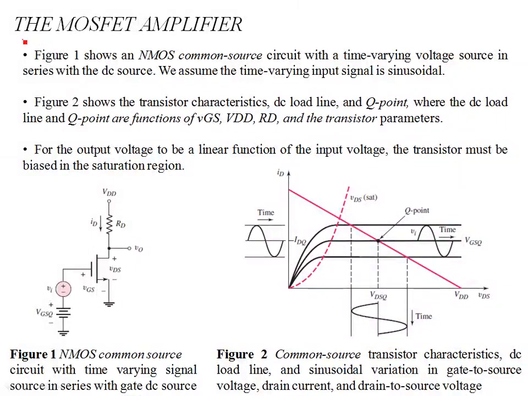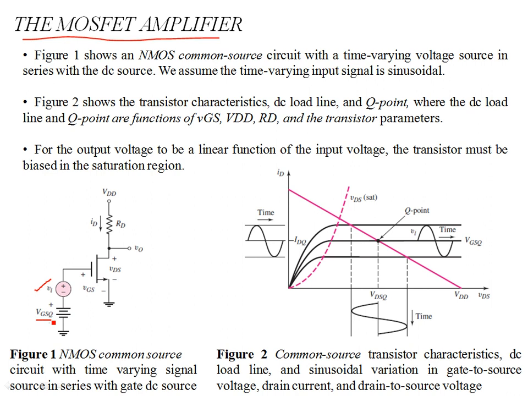How the MOSFET can operate as a linear amplifier. So far we have analyzed the DC circuits of MOSFETs. Now you see with the gate we have a sinusoidal input voltage Vi, which is a time-varying voltage. Let's assume that Vi is a sinusoidal voltage consisting of a single tone, and this is superimposed over